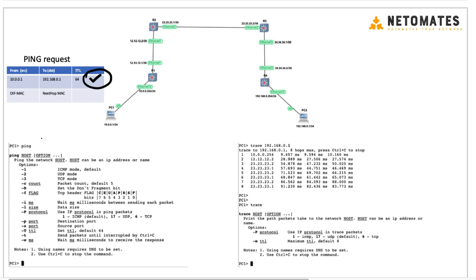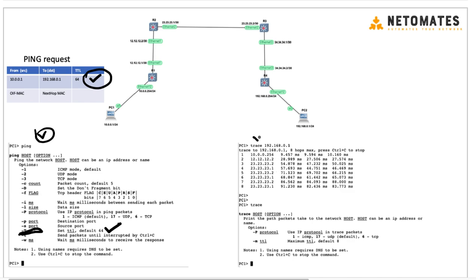So whenever we try to ping, you can also see an option to mention how much TTL you want to set manually, -t in this example. So the default is 64, but if you want to increase the TTL value of the packet that you are testing, you can do it by the -t option. Okay,